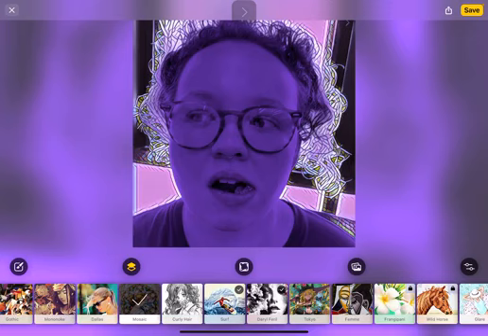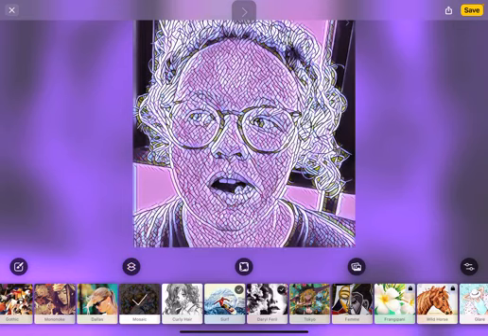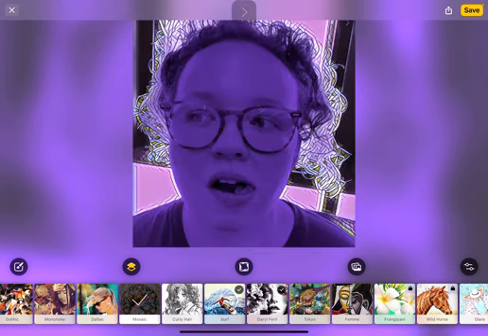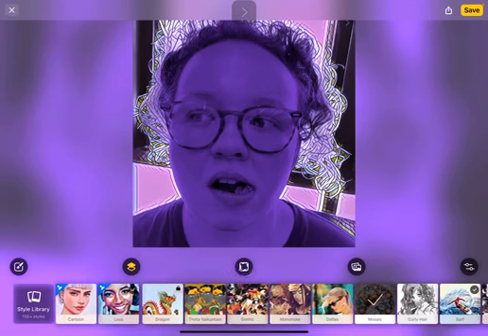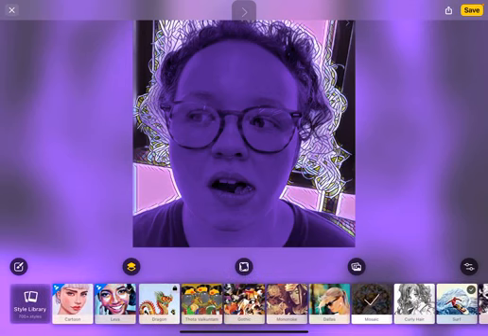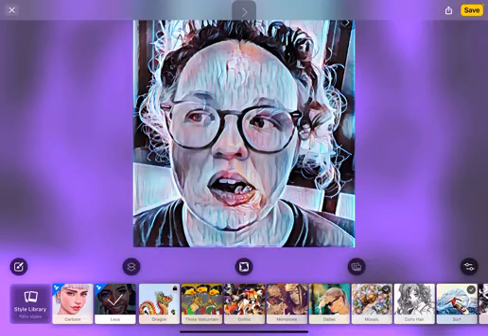I also find that many of my students are also interested in these sort of applications as well. For this one, I picked the mosaic one, and I can choose to either have myself as a mosaic, which is a little bit scary to be honest, or I can have the background as a mosaic, which I find definitely much more peaceful, and it creates kind of like a halo effect around me. One of the ones that I looked at and enjoyed the most, it looks scary now, but just wait, is